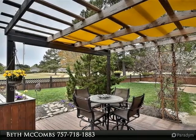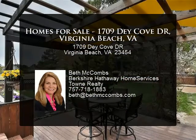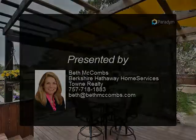Professionally landscaped and fenced yard with sprinkler system. Decking, patio, pergola and fire pit expand outdoor living space. Relax in the spa after a day at the